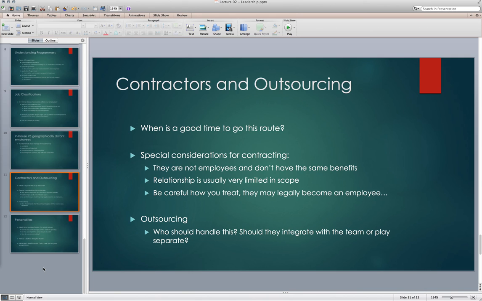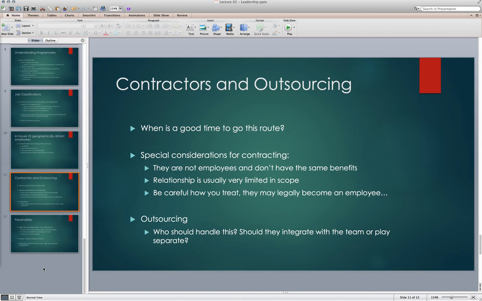As far as how you manage your team, if you are outsourcing a project to another company somewhere, how do you interact that team with your team, and do you? Certainly asking one of your developers to be a lead for an outsourced project is, for the most part, probably going to put a pretty good burden on them. So just be careful how you handle that.